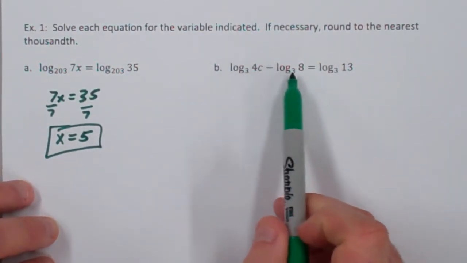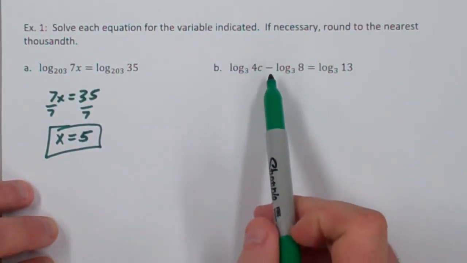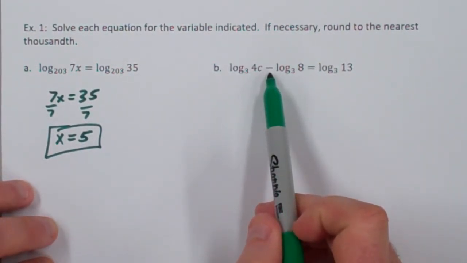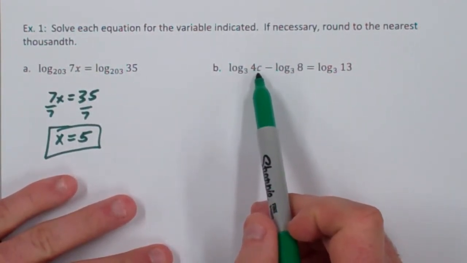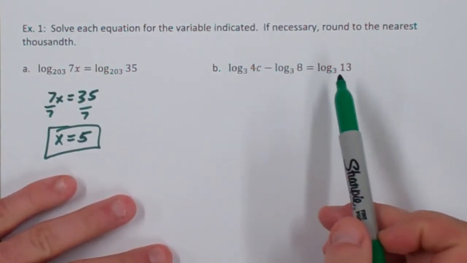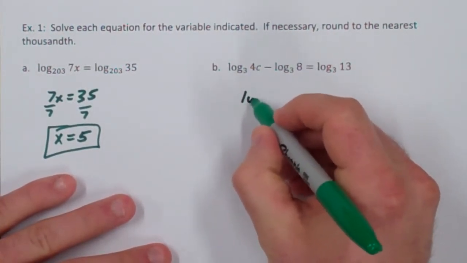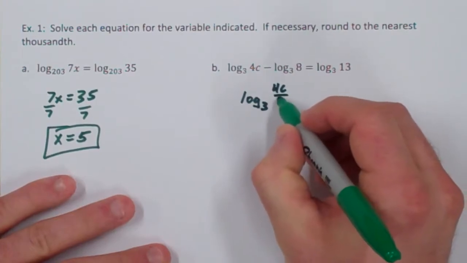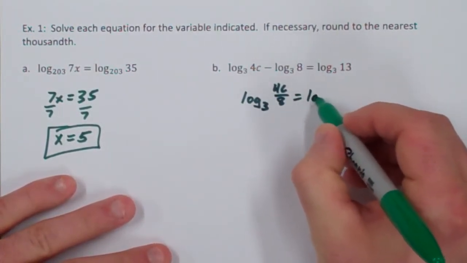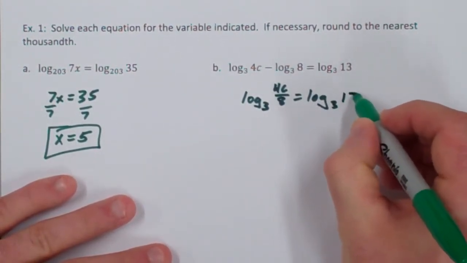If we want to combine these 2 logs on the left together, they have the same base, so we're allowed to do that. This is a minus sign. However, remember your rules of logarithms, they're the same as exponents, just flipped. So if we're subtracting logs, we're going to take the 4c here and divide it by 8. So this is going to become log base 3 of 4c over 8 is equal to log base 3 of